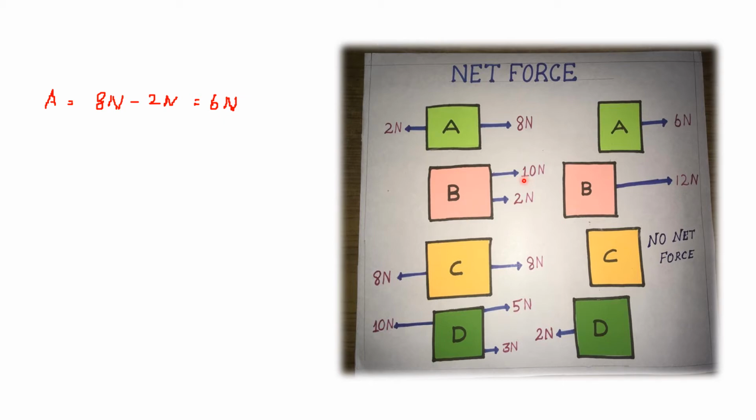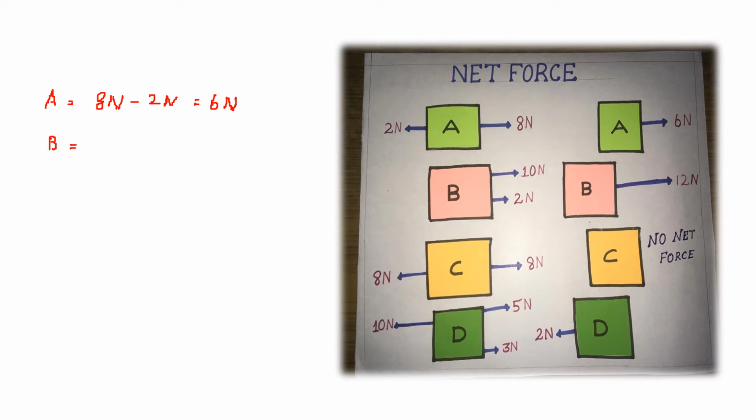Here you can see that both the forces are acting in the same direction. So what are we supposed to do? We are supposed to add both the forces. So always remember, on a particular object, if two forces are acting and they are in opposite directions, we have to subtract the values. Whereas if the two forces are acting in the same direction, we have to add the values in order to calculate the net force.